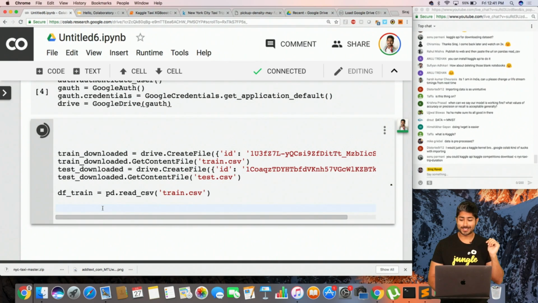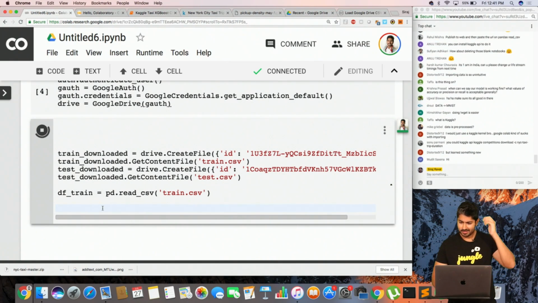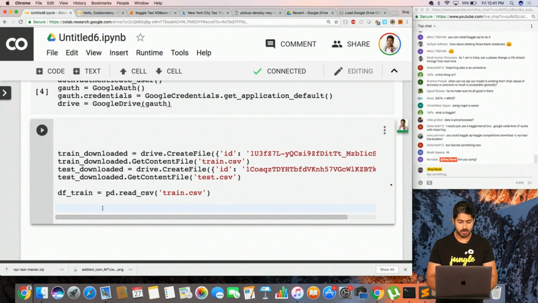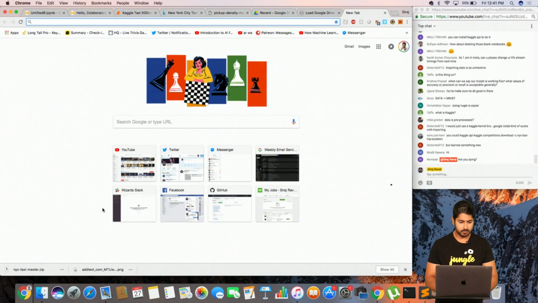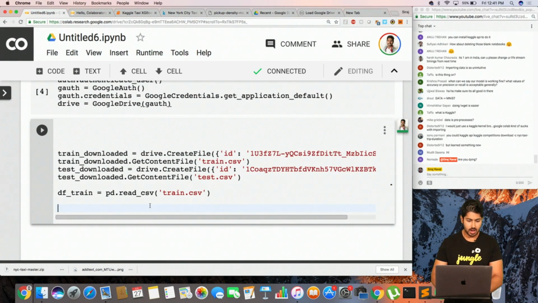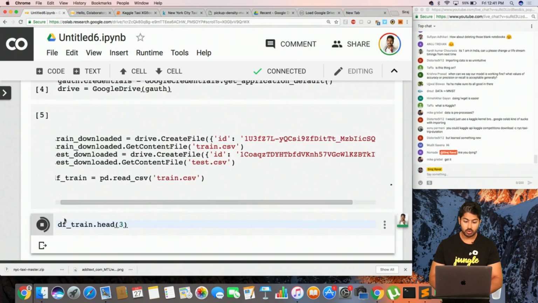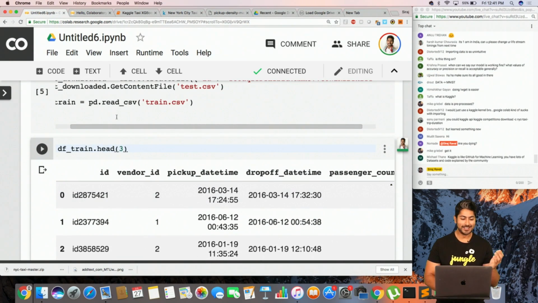I hope that works. I think that's gonna work. It's importing it from Google Drive. It's converting it into a Pandas data frame. And then once it's a Pandas data frame, I can say, okay, now take df.train and print the head, and print a random row from it. Yes, okay, good.